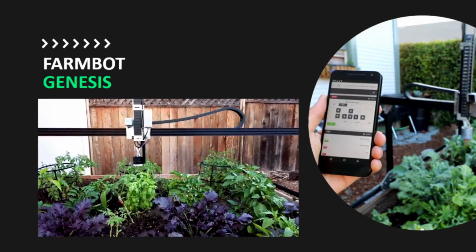So if you're traveling, it can look after itself, it can water the plants, it can actually plant new seeds and also weed the garden. The best part is it's all open source. So there's a thriving, almost growing community, if you will, there's a pun there, that basically makes it better.